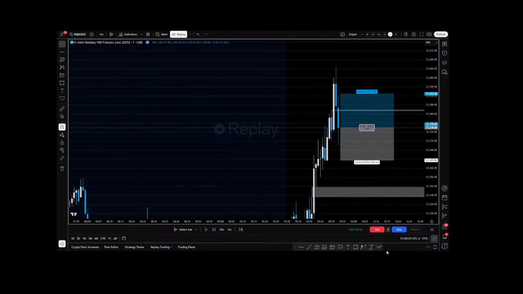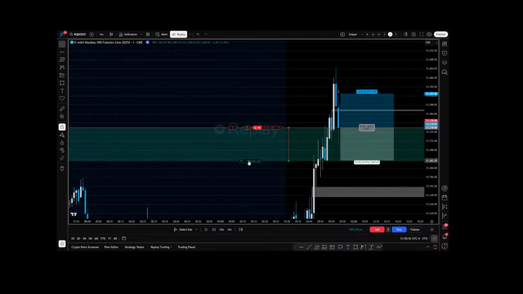This is fine for me to enter at the close, whenever we have a wick that's essentially the retracement within the candle itself. So I'm not going to ask for more than that, especially because my risk to reward is satisfactory where it is.